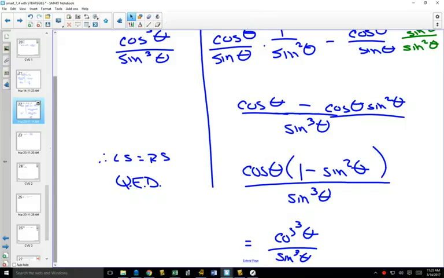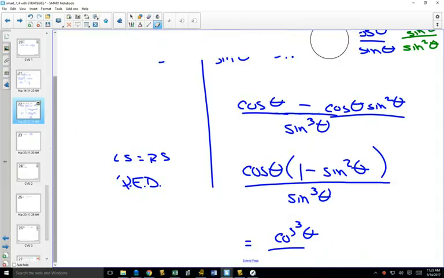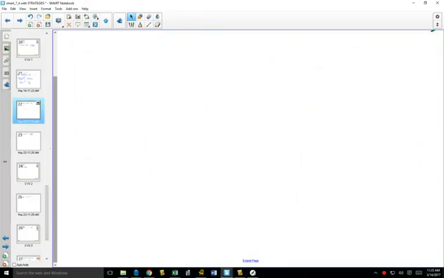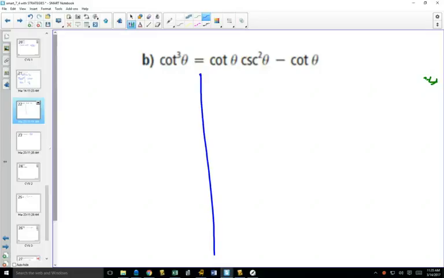Now, this isn't the shortest proof for this one. I'm going to erase it now. Go back to the beginning, redraw my line. And knowing my Pythagorean identities and knowing that there's a relationship between cotangent squared and cosecant squared, and also being aware, could I do something here so that my left side and my right side were all in the same trig function? Well, I can change